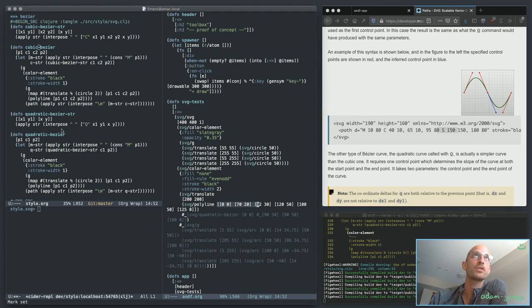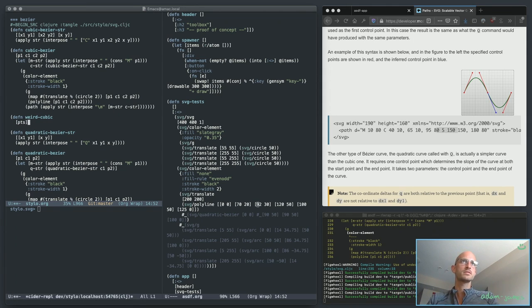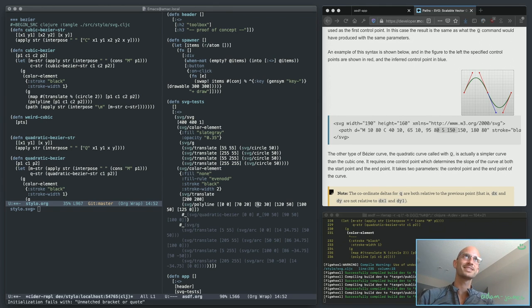Let's just go with that. Let's do define weird cubic. Give things funny names and you can do whatever you want. Okay, so let's actually just do it this way, where